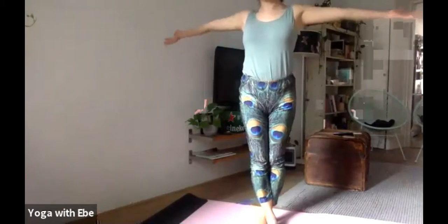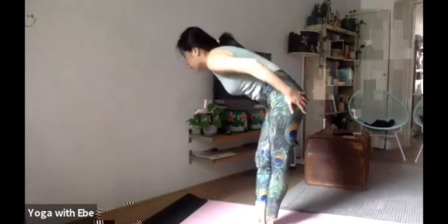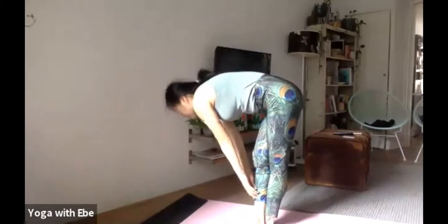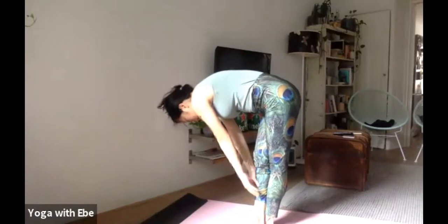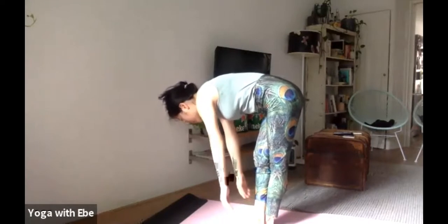Inhale, hands up like what you would start the Vinyasa flow. And exhale, forward fold. You may not be able, keeping the legs straight, you may not be able, but make sure that you're hinging from the hips. Like me, I won't be able to touch the mat. You could just be on your shin. Feeling into the left hamstring stretch when you are doing this. One more in